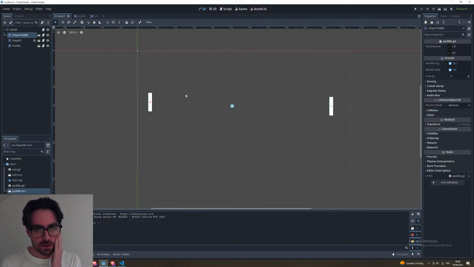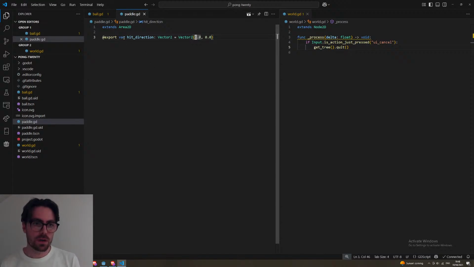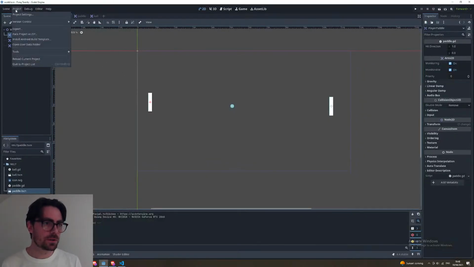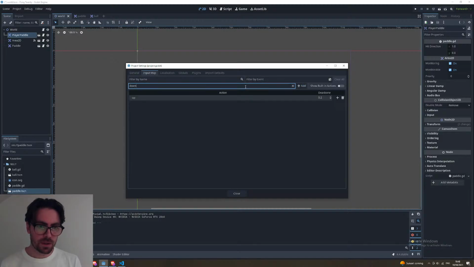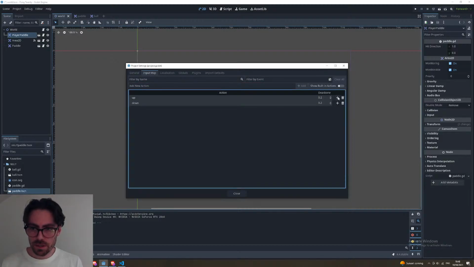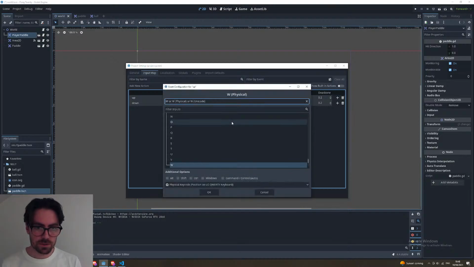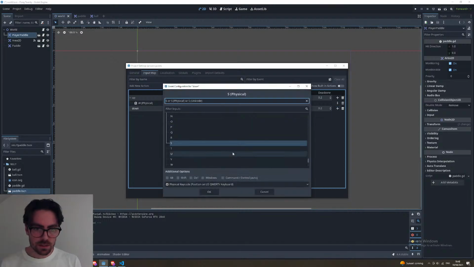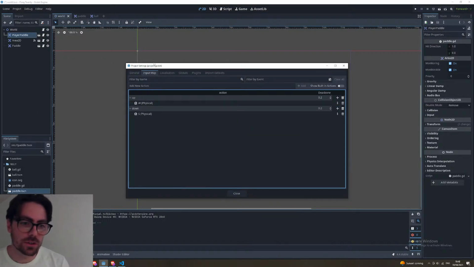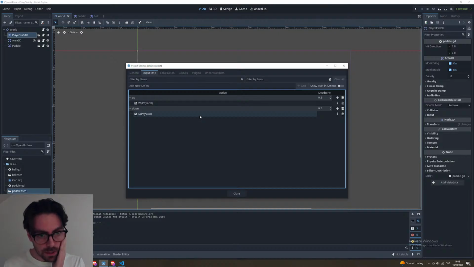So we've got the bumping. There's a couple things like speeding up and all the rest of it, but let's work on actually moving the paddle now. So we're going to add in the input map, we're going to add some buttons. So this, we'll just call it up. That's probably fine, right? Call it down, and then I'm going to bind some keys. So for up, I'm just going to use W, and for down, I'm just going to use S. But in Godot, you can use this input map to map multiple buttons to the same,